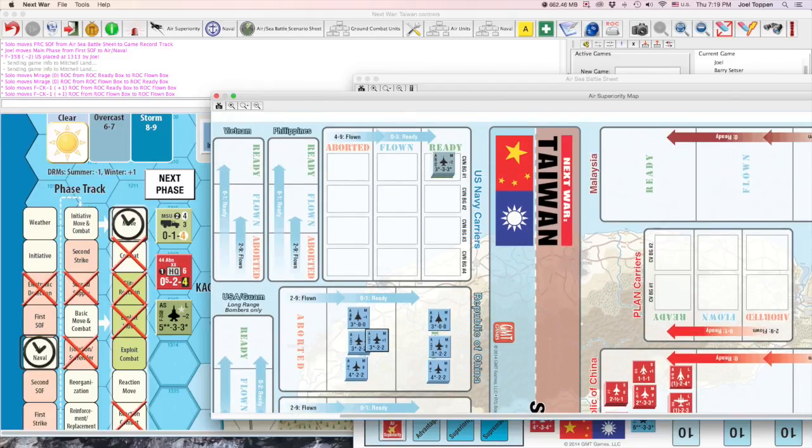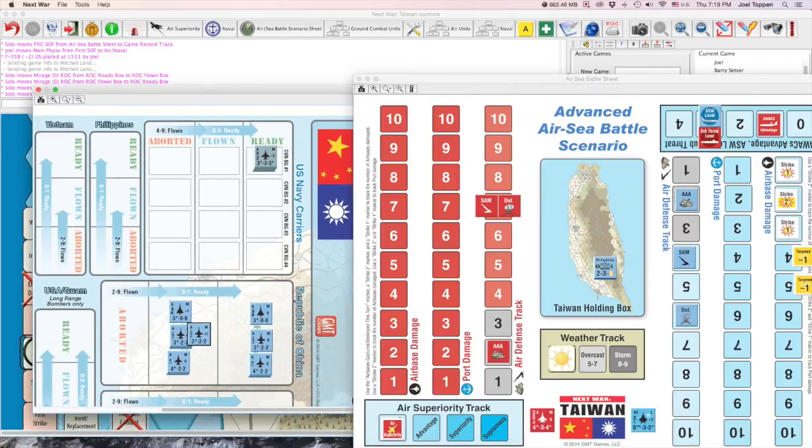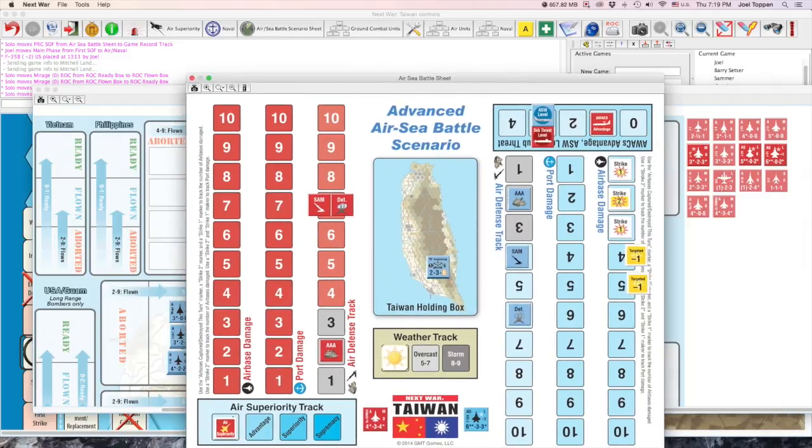What we're going to do first here is look at the AWACS advantage. If you look at the Advanced Air Sea Battle Scenario sheet, you'll see the AWACS advantage is in the 1 box, and it's red, which means the PRC has an AWACS advantage of 1. This marker will move up and down the track, and what it means is whoever has the advantage gets to choose